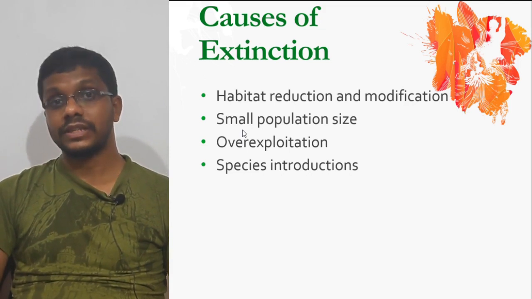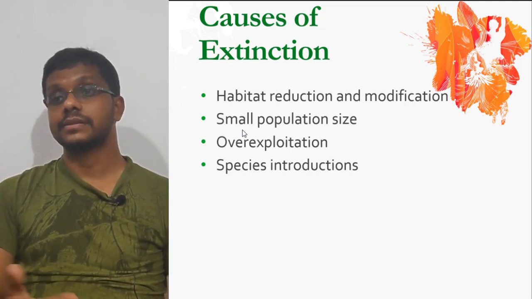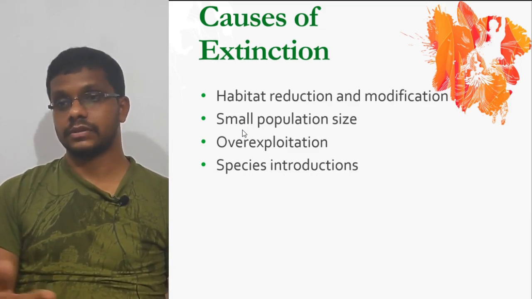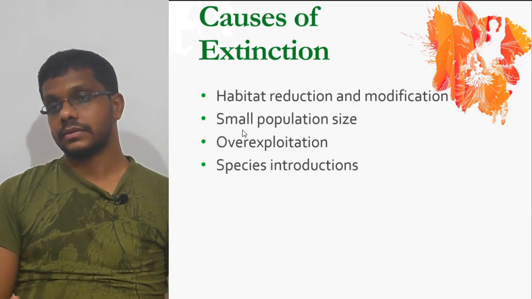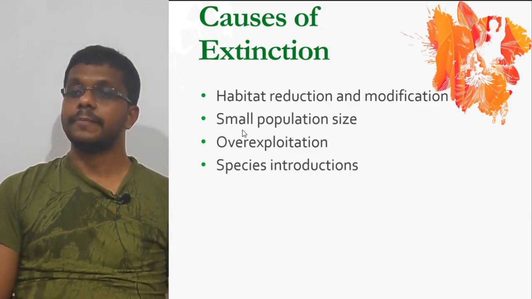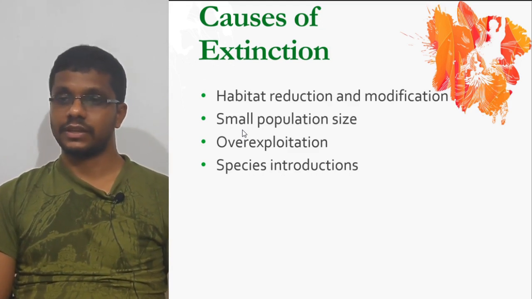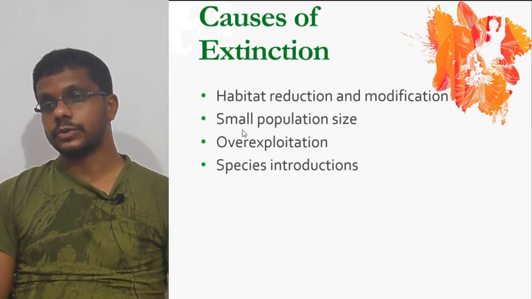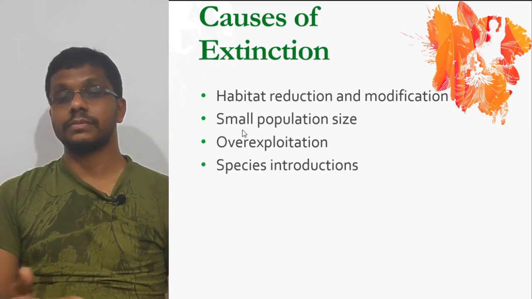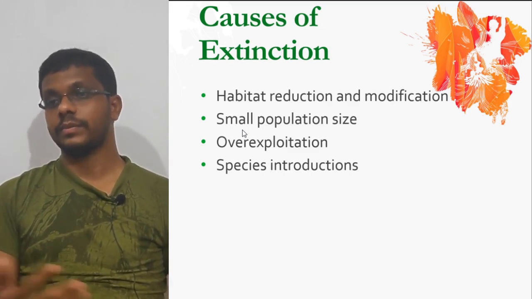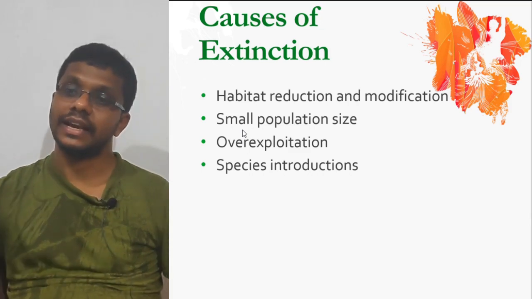Another is overexploitation for economic benefits. People used to exploit, like in the story of the passenger pigeon, or the elephant, or the giant panda. Overexploitation is one major reason for extinction. Finally, it may be due to species introduction. New species may get introduced into an area or habitat, so that the competition and everything leads to the extinction of the